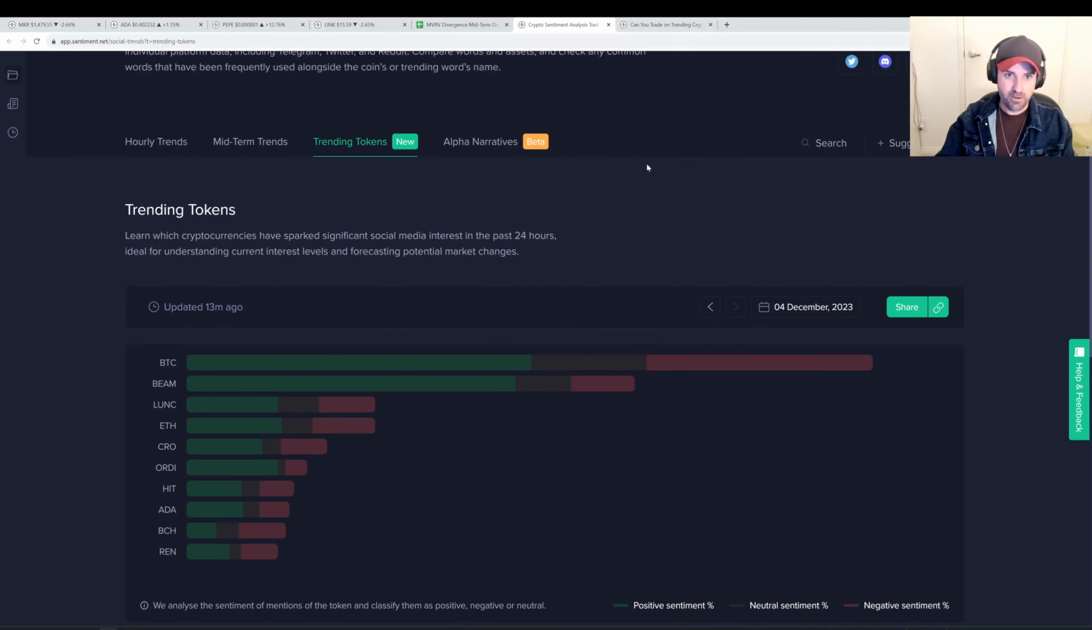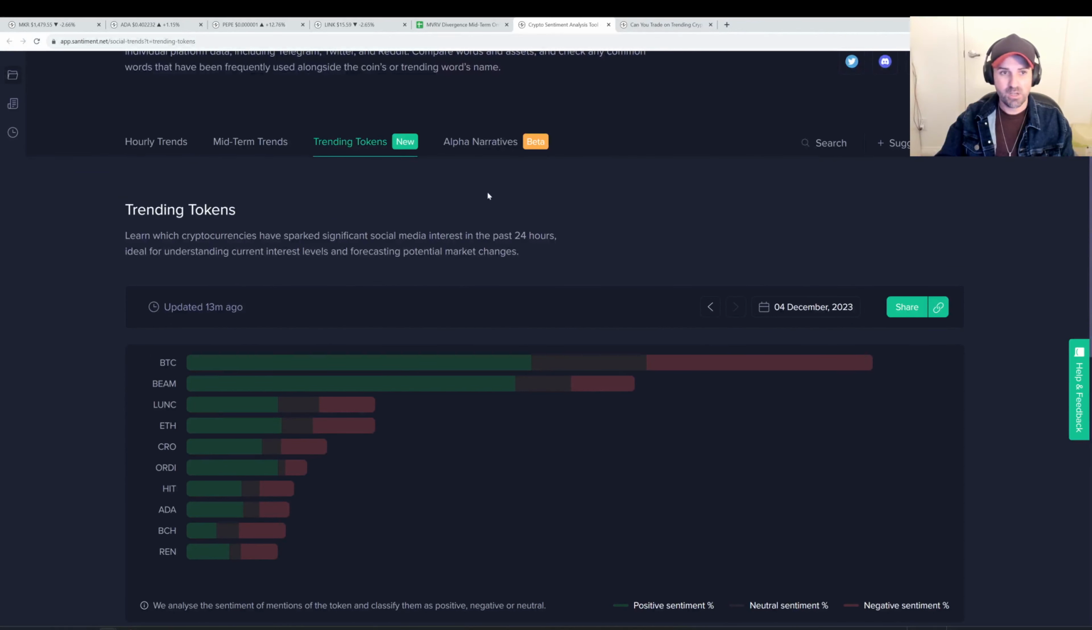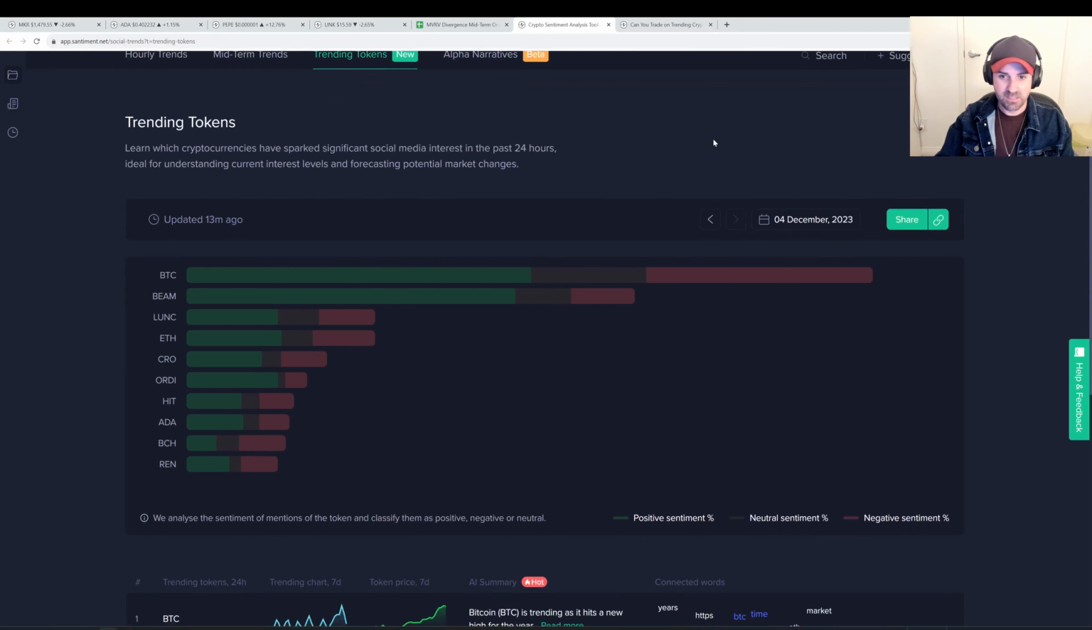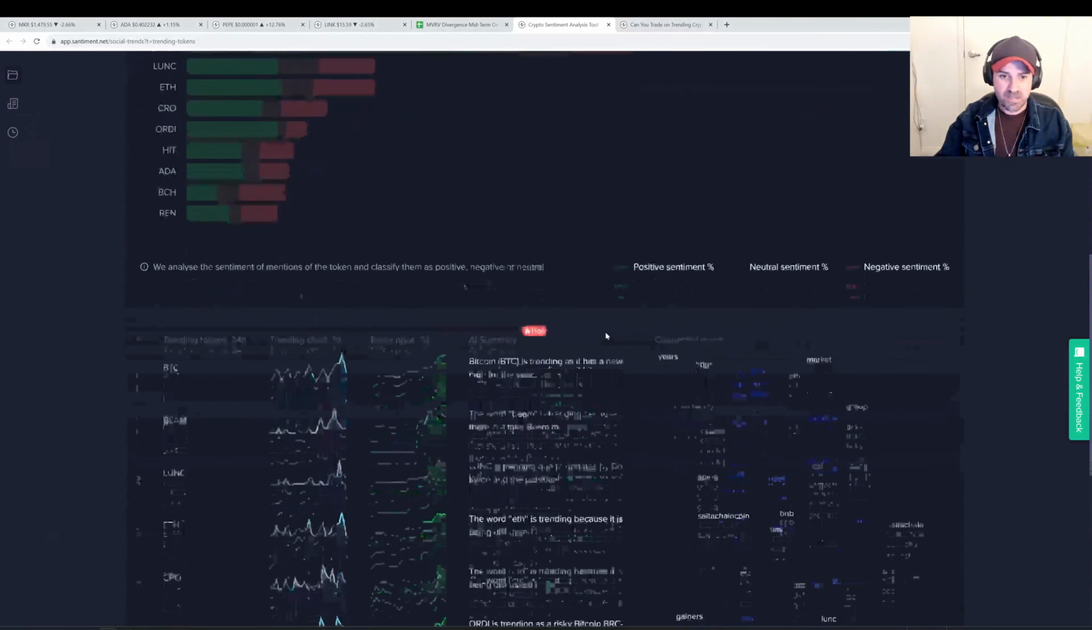Now there's another one here. This is on our social trends dashboard. You can look at the trending tokens, which you can see is brand new. It was just released a couple months ago, and we're refining it more and more every day. Basically, the way this works is when you see an asset that is surging in price and it's on this top 10 list, check to see